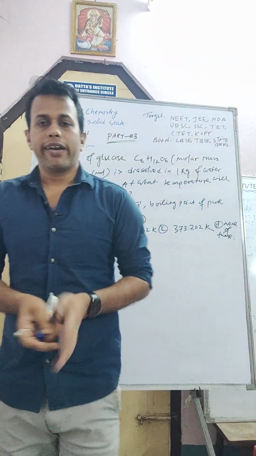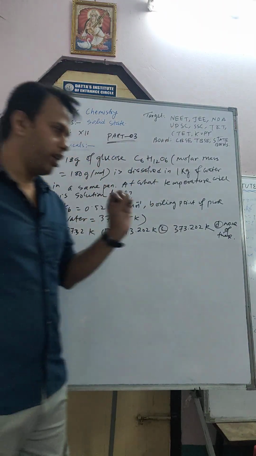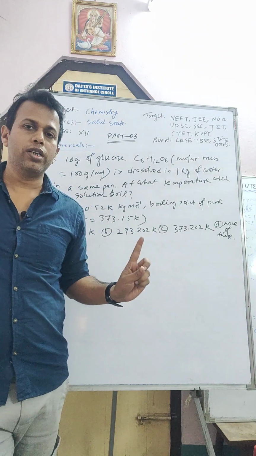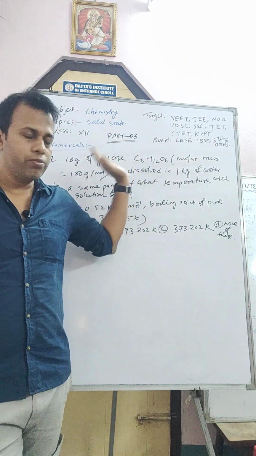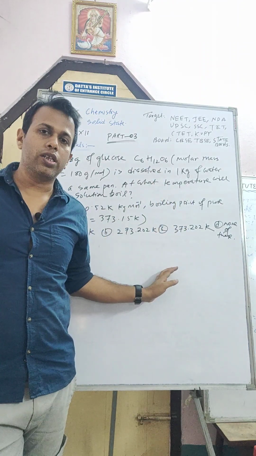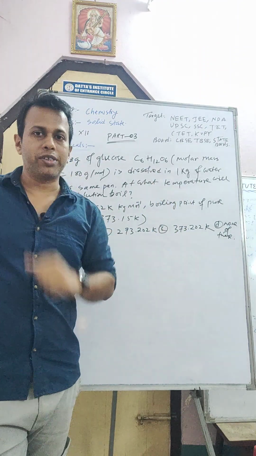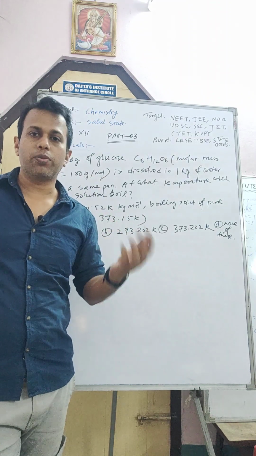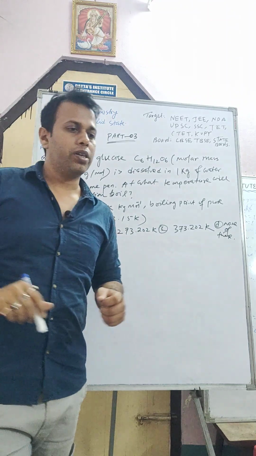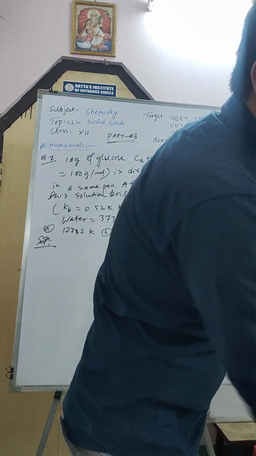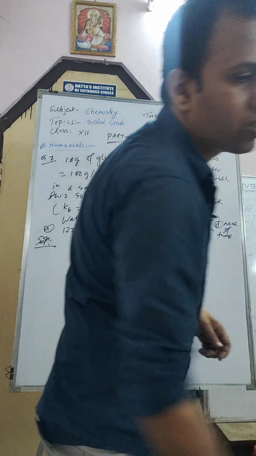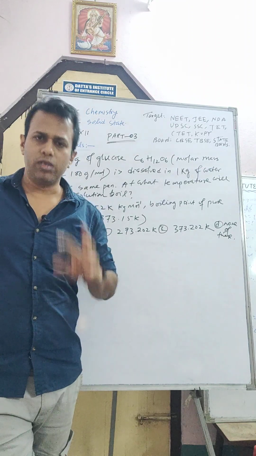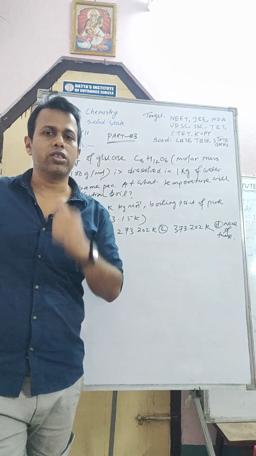So students, our next question is the last question of the lecture and of the topic. This is question number 7 of lecture number 3, and this is the last question of the chapter on solutions. In the next chemistry class will come another chapter, the next chapter of class 12, the physical part, and it will be electrochemistry. From electrochemistry we will do some numericals, and there will be 2 or 3 parts.